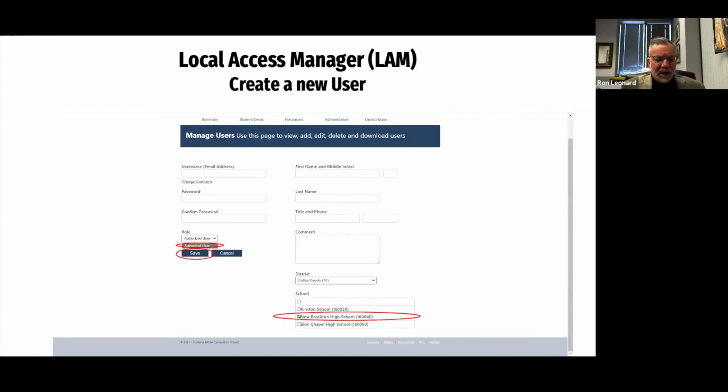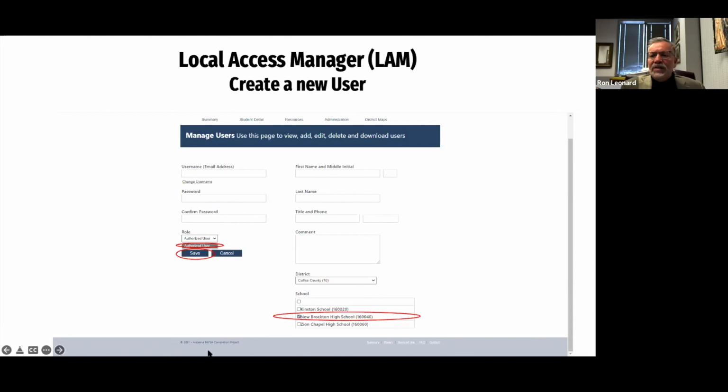I suggest entering maybe 8 characters, upper and lowercase letters, numerals, and maybe a unique symbol like an asterisk or a dollar sign. You'll want to type it a second time to make sure it's entered correctly. And then the one option that the local access manager can do for role is authorized user.